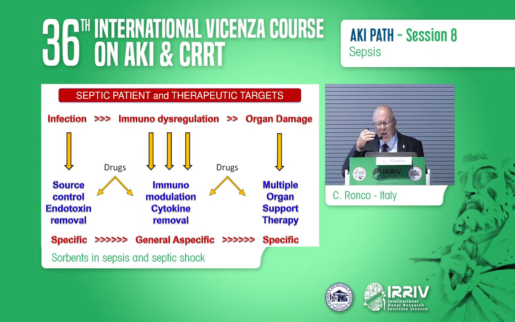So a conceptual continuum for an approach to the septic patient, in my view, should start from source control, as Marlies has suggested before, possibly endotoxin removal, but this is only the first part. Subsequently, when the immune dysregulation occurs, immunomodulation and cytokine removal may be the subsequent step. And finally, when organ damage occurs, you need to support organ function in order to get the patient out of the ICU and possibly out of the hospital,